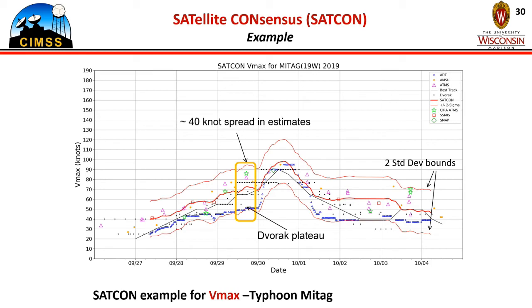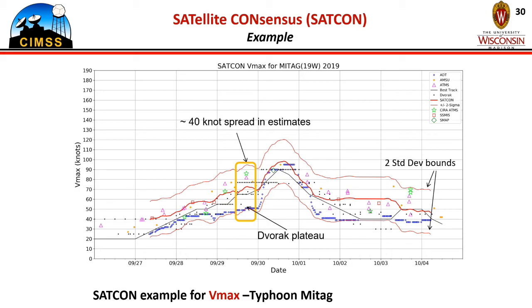Here is a SATCON example for Typhoon Mitag in 2019, showing the SATCON in red, along with the various SATCON members using the various symbols, and the JTWC best track in black. In the orange box, it should be noted the large deviation by the various members of the SATCON, and you can see there's about a 40-knot spread in the